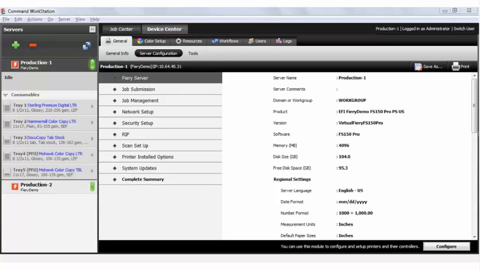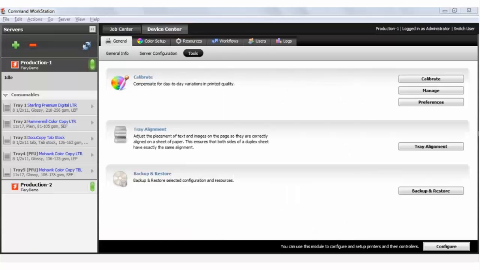I did want to spend a little bit of time so that you understand that when we start talking about color and calibration, one of the other areas covered under Device Center is Tools. And when you get to Tools, this is also where you can find calibration. It's one of a couple of areas, but to get to calibration from Device Center, you just need to go to General, go to the Tools tab, and